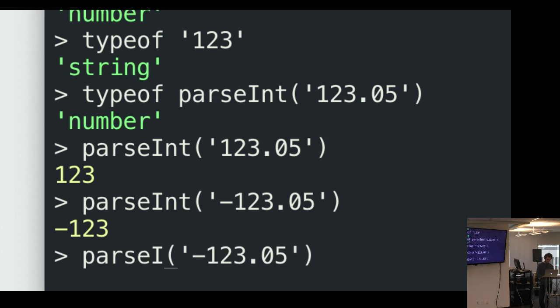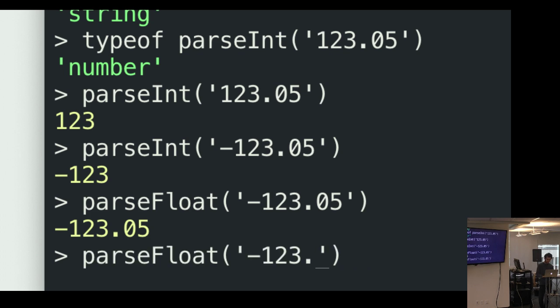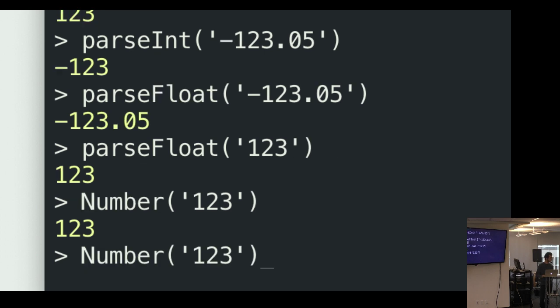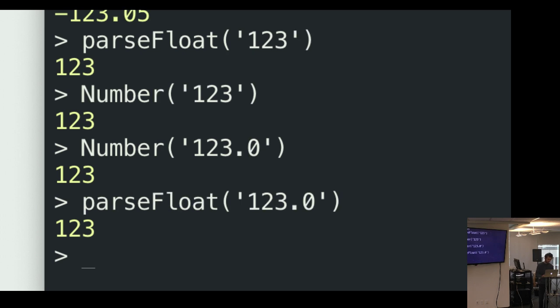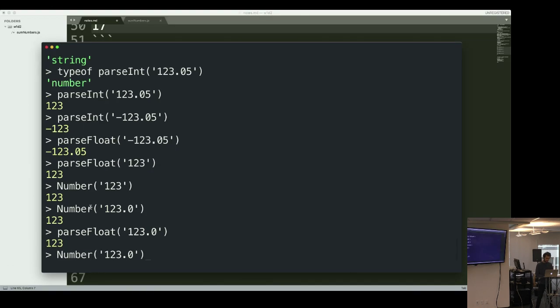There was a thing called parse float. Right, and you could play around with it and find out that, oh, parse float keeps the 0.05. But what if I do parse float of 123? Okay, that's fine as well. And then there's number, which pretty much does the same thing, whether or not it's a float or not. Just gonna try one thing. Okay, cool. So by tinkering around a little bit, we'll decide that, okay, like maybe we'll do